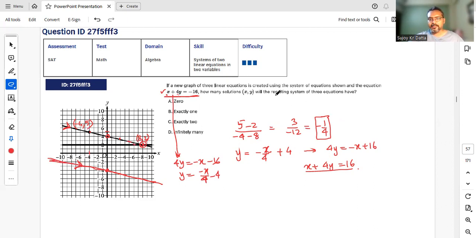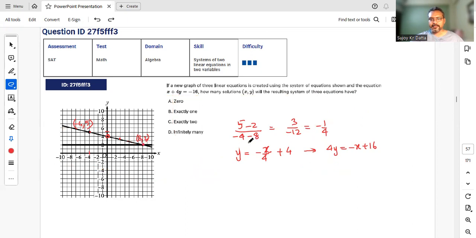So now they're asking what the solutions are of the resulting system of three equations. A solution of a system of three equations means it's that point where all three pass. All three have to pass through that. But all three are not passing through that, right? The third line does not pass through (8, 2). So that means there is no solution. So there is 0. To make this simple, what you could have just said is